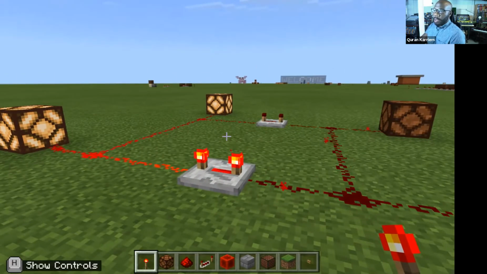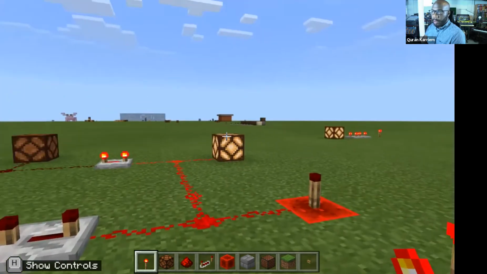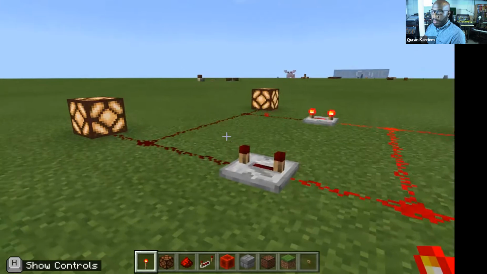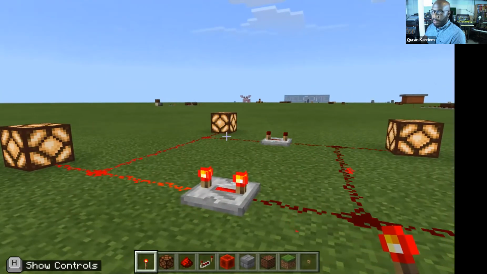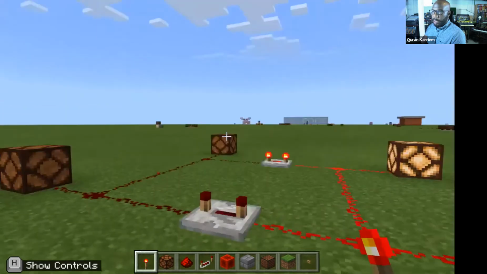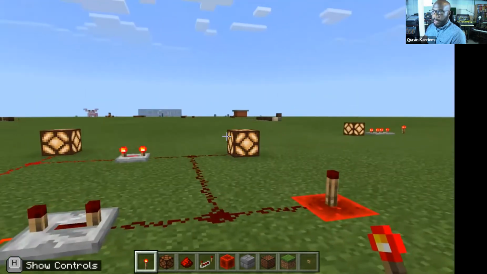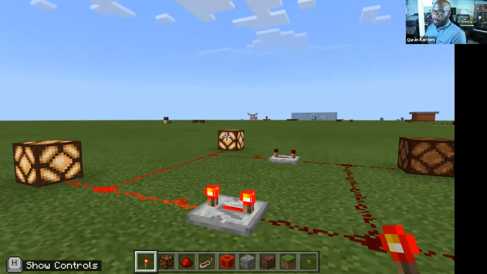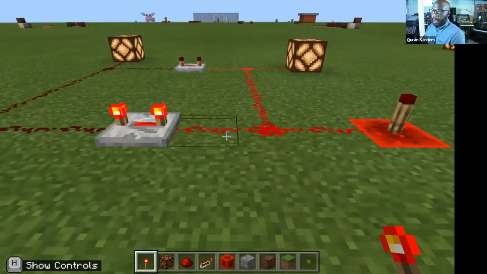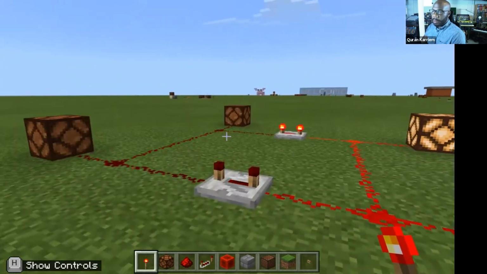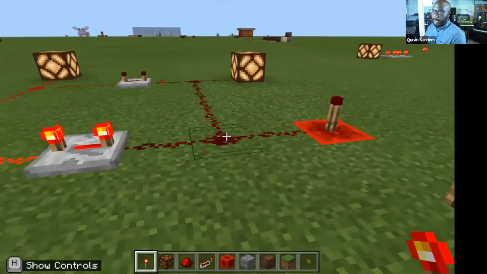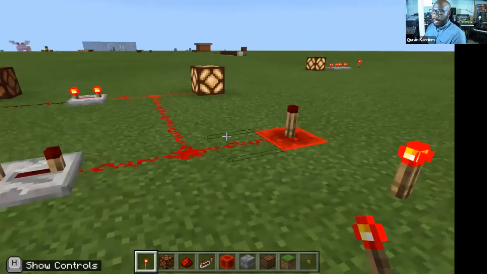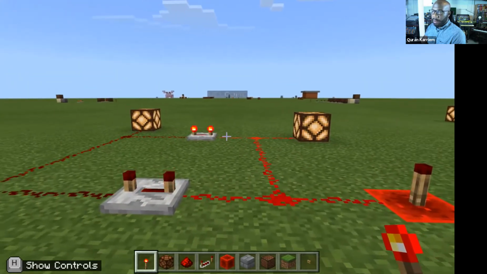Okay, so if you notice, this whole side lights up and this whole side lights up, and they kind of alternate. These two lights come on at the same time, and this one is coming on right when those are off. The reason that's happening is because there's the entire circuit, this side of